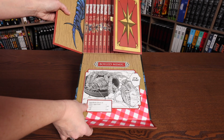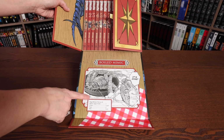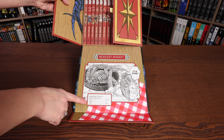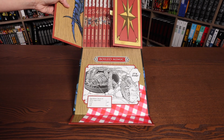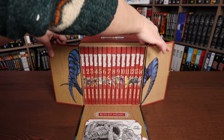Oh, that's so sweet. I didn't realize that it actually had this originally. Like, it has the ingredients: the mimic, upper body, claws, legs, salt, serves 4. That's an excellent touch. I just sort of love this picnic. When we actually open it up,